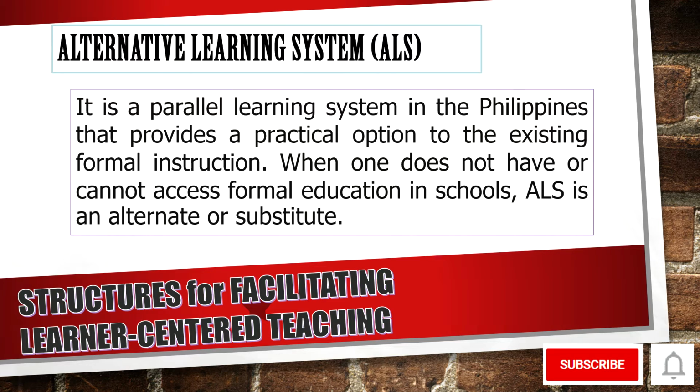There are two major programs on ALS that are being implemented by the Department of Education through the Bureau of Alternative Learning System or BALS. One is the Basic Literacy Program or BLP, and the other is the Continuing Education Program or the Accreditation and Equivalency or A&E. Both programs are modular and flexible. This means that learning can take place anytime and any place depending on the convenience and availability of the learners.